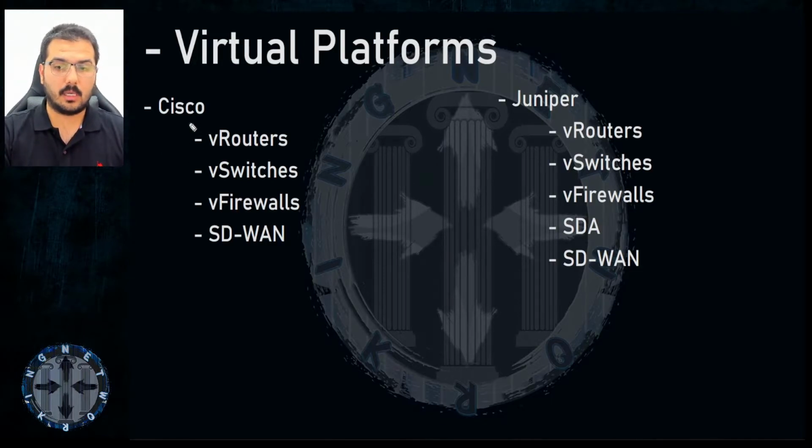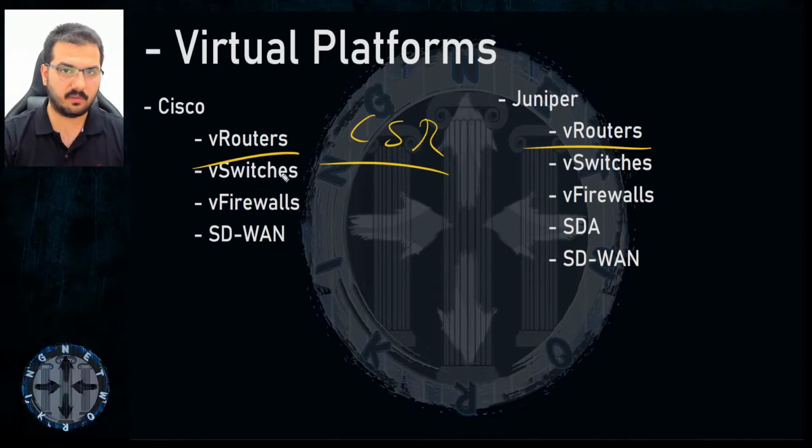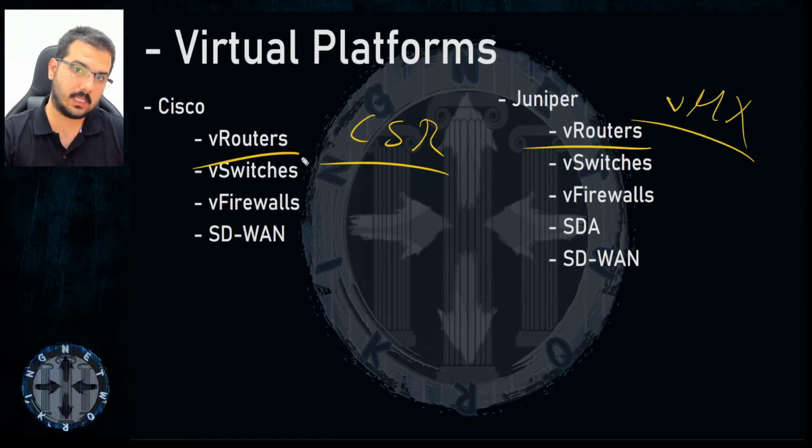When it comes to software-defined networking virtual platforms, what do they provide? Both provide almost the same, because both provide virtual routers. There are virtual images for the ISR, and for something called the CSR, which is a cloud services router, so it's virtual only. Only these couple of images from Cisco. When it comes to Juniper, they provide virtual images for the MX platform only, not a virtual ACX or a virtual PTX. No, only the vMX.